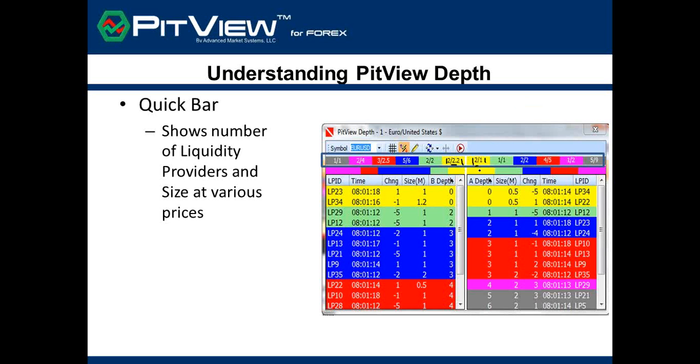And this little color bar down in here will give you almost like with the pair view, the size of the market at the bid and the ask prices, as far as giving you a color code of how strong the market is at those different bid and ask levels. Now, I know I'm going through some basic information here, but you just got to know what it's showing you first, because the key to using PitView depth is to keep it very simple as far as what it's showing you. The depth of the market